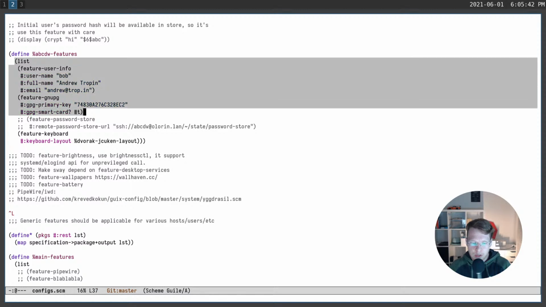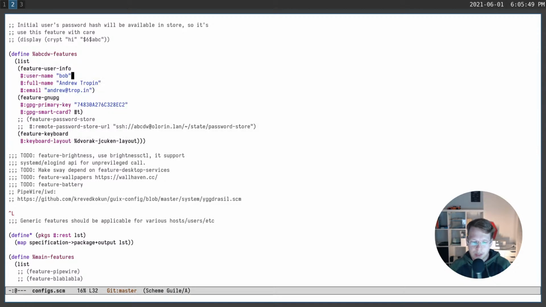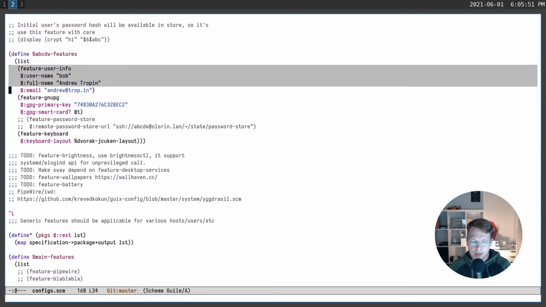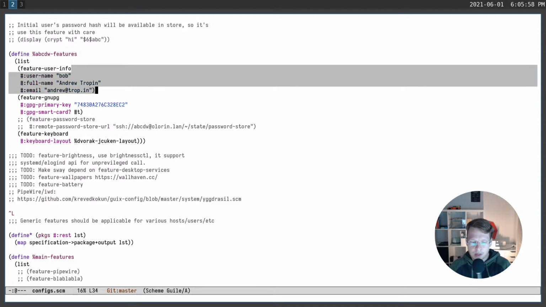First one is the user-specific part, which contains something which is very specific to myself. And here I declare 3 features for now. It's user info feature, feature GNU-PG, and feature keyboard. Obviously, first one is needed to provide some basic information about my user, about email, and so on, and to make other features aware of what user is